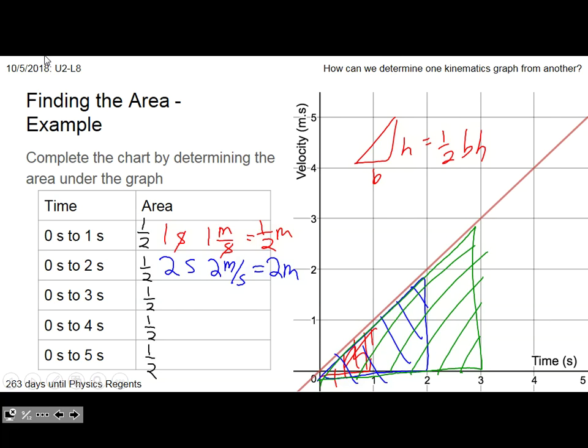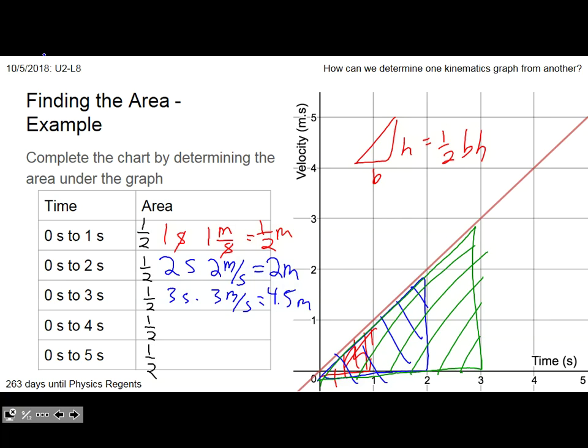Is this correct? 0.5. Yeah, there's a point there. Oh, couldn't see it. Yeah, there you go. Okay, so for 0 to 3 seconds, Melody, what did you get? Okay, so what was the base of your triangle? And the height? Okay, so a half times 3 seconds times 3. Perfect. Awesome. Okay. All right, for 0 to 4 seconds,